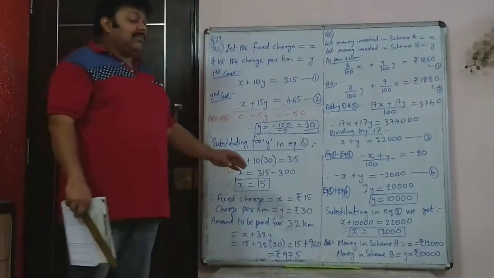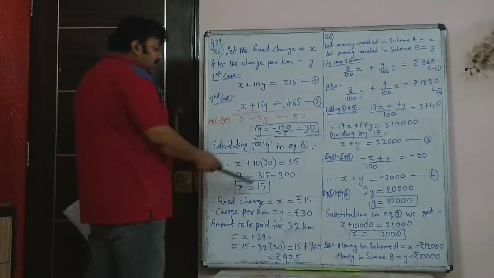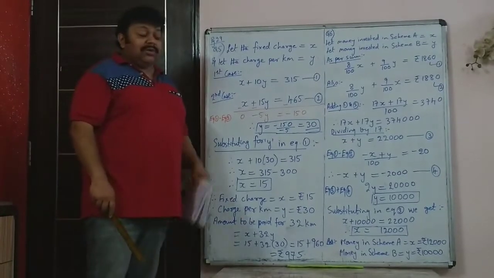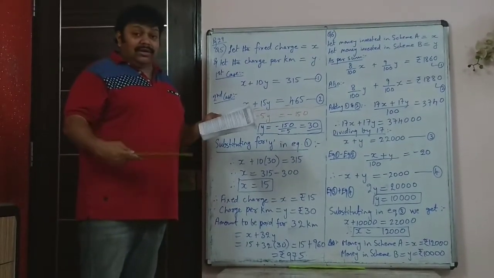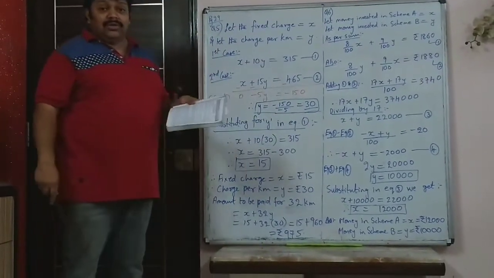Now they have asked you one extra question. Generally students will find X and Y, they will be happy, they will write the answer and they forget the last part which is also asked. So make sure that you are reading it properly and the last part of the question is not missed out.